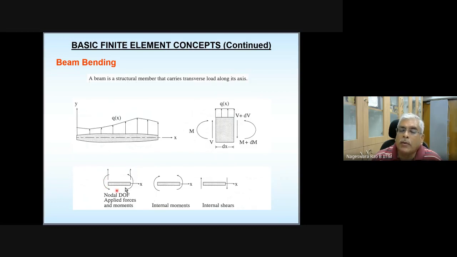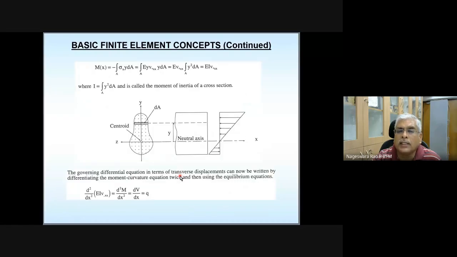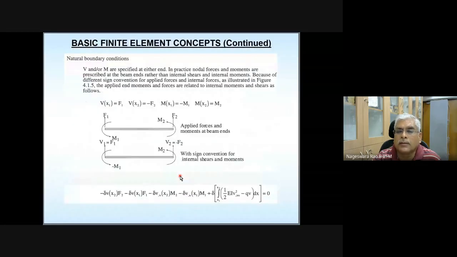And what about applied moments? Let's say applied moment, this is M1, this is M2. Internal moment here is like this, here is like this. So this M1 applied moment is going to be related to the internal moment at this end with a negative sign appended. Whereas this moment here is going to be same as this one. So please make a note of this. Okay. So with this understanding, you can easily write these relations.